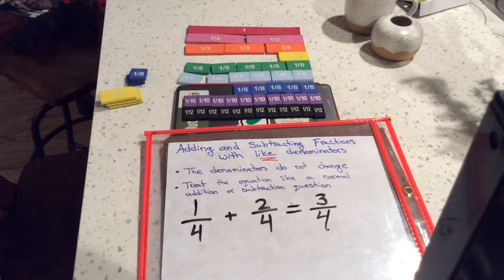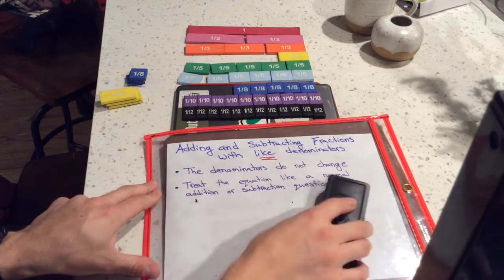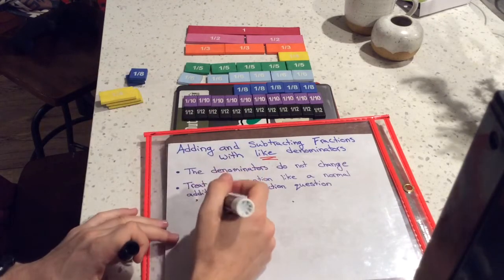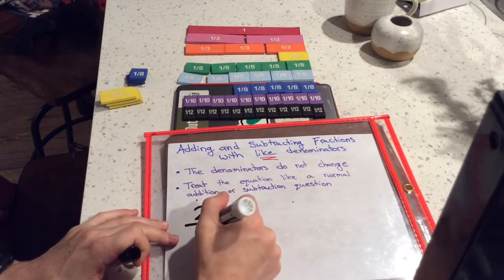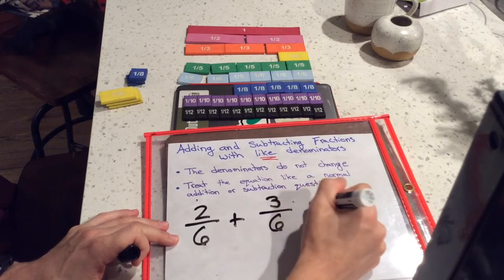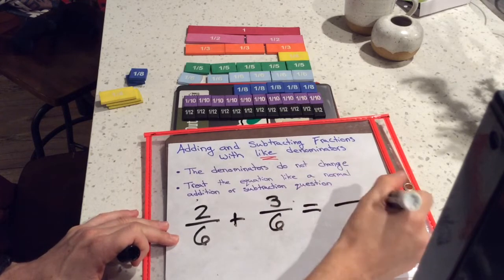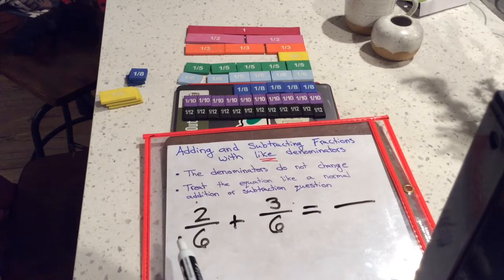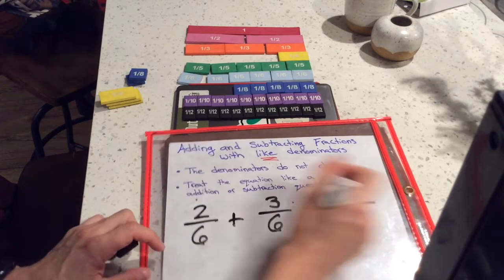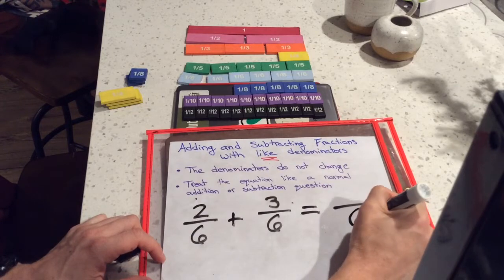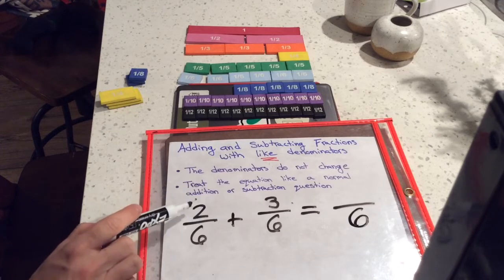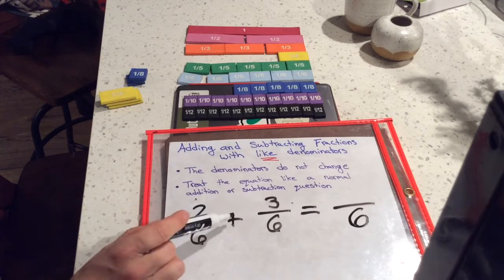Okay, let's do another one. Again, we are going to be adding fractions with like denominators or common denominators. So I might say I have 2/6 plus 3/6. These are like denominators. They have the same number. So our denominator does not change. And then we treat the equation like a normal addition question. Looking at our numerators, 2 plus 3